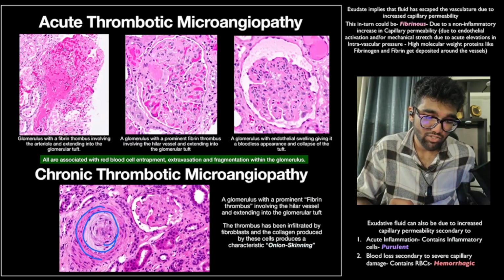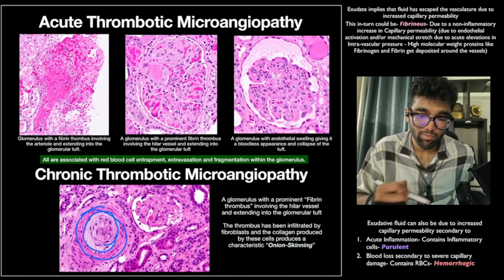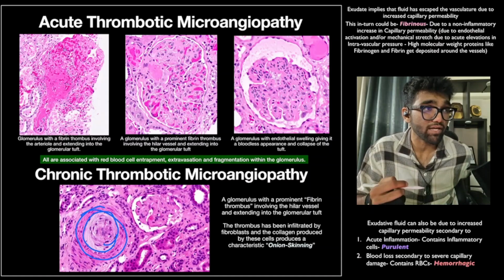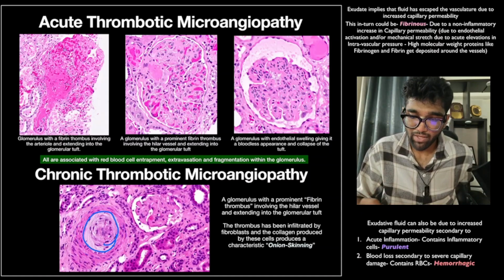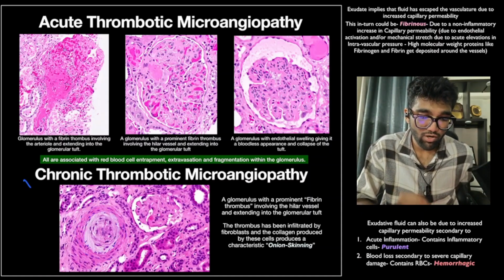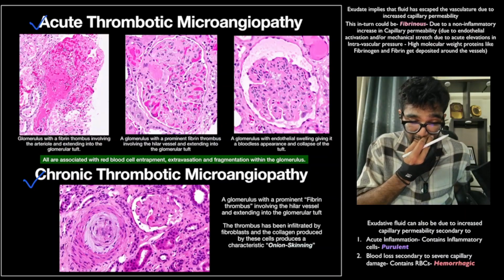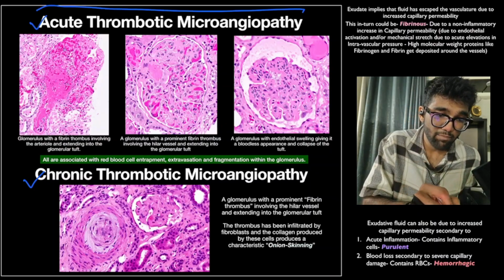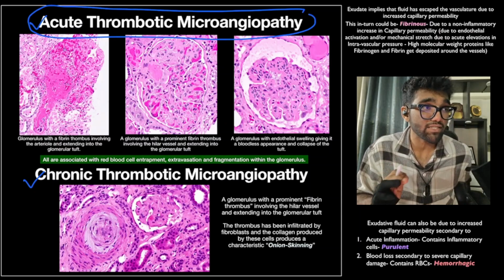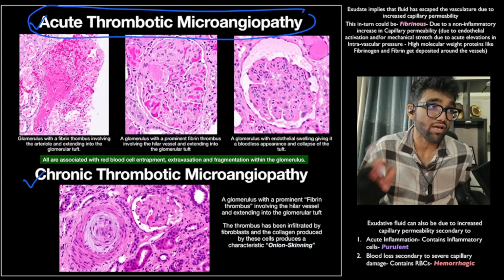And then there are rings of fibroblasts around the blood vessels, essentially completely obliterating them, producing onion skin. So this is what we call a chronic thrombotic microangiopathy, and this is what we call an acute thrombotic microangiopathy. This is what I would expect in a patient who has a nephritic presentation, with clinically also having microangiopathic